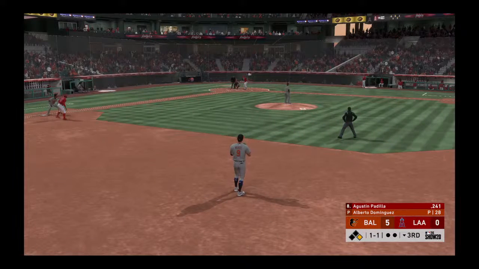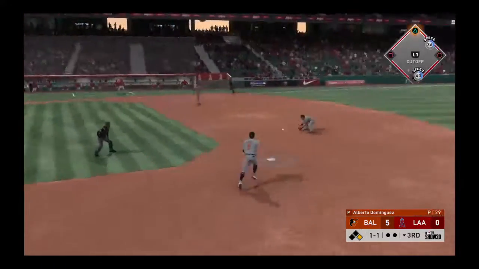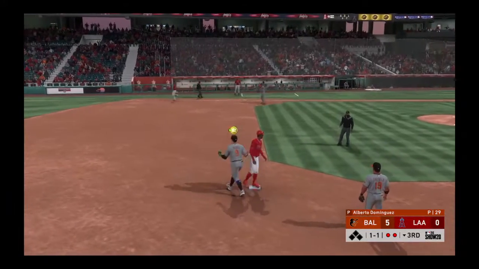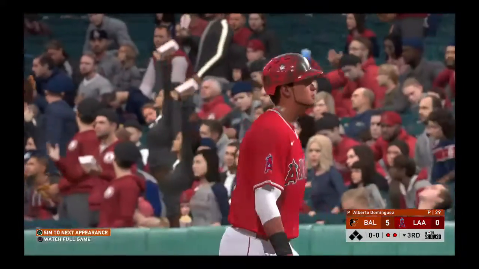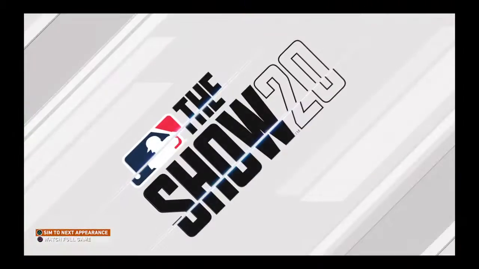Digging in now, Agustin Padilla. He had a couple of hits in that ball game last night. Back up the middle, reined in. There's one. On to first, and they get them both. It's hard to do anything with a pitch like that that's below the zone. And if you do...